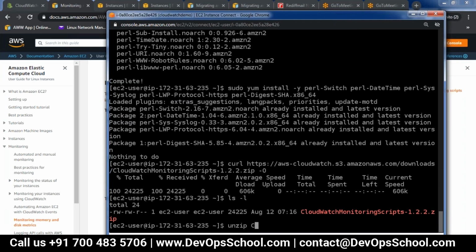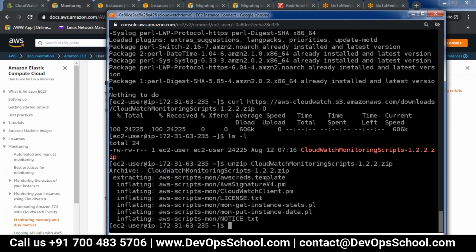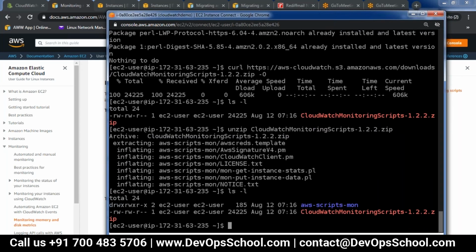This is all documented. Now if I run ls -l, there is a folder which is created, aws-scripts-mon. Let me cd into this aws-scripts-mon.